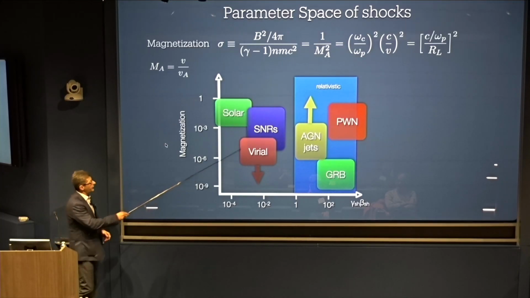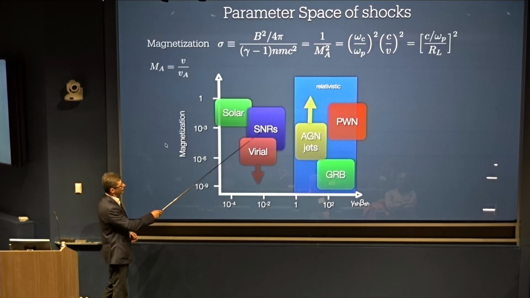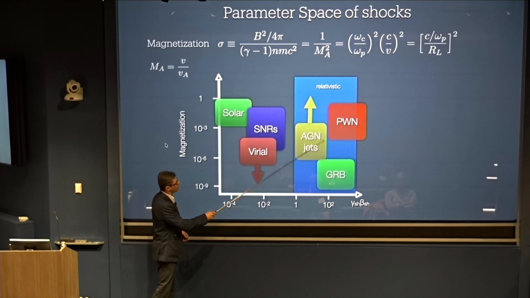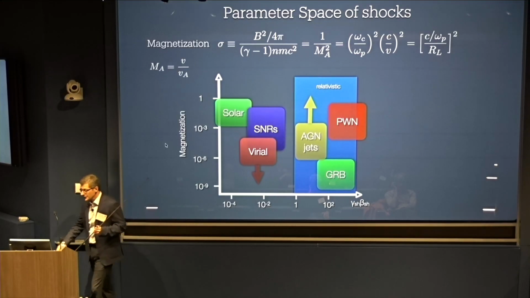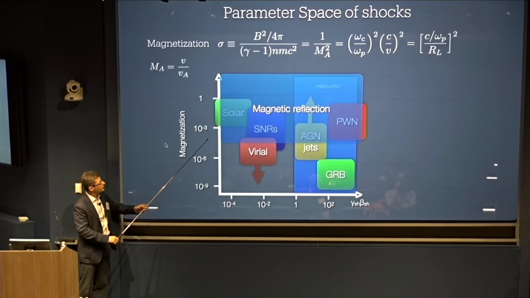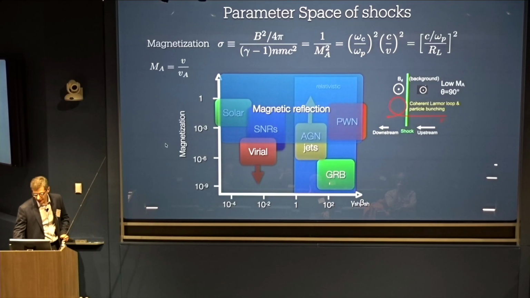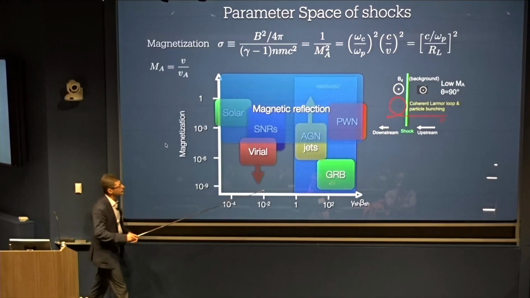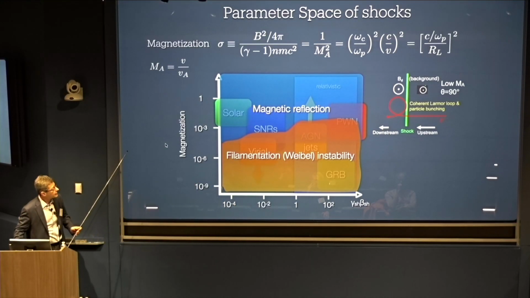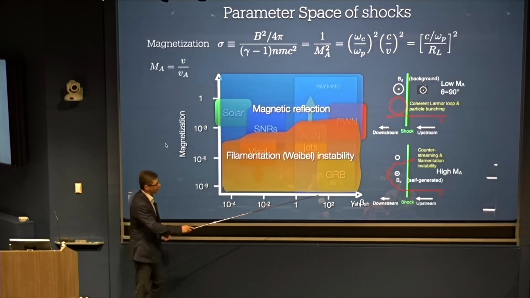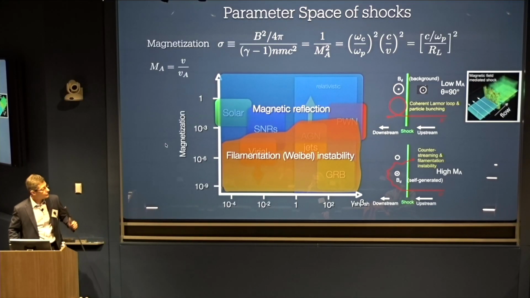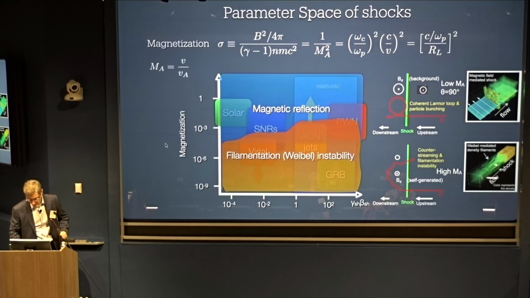Okay, and what's shown here are various objects, such as non-relativistic shocks in supernova remnants, solar wind, and virial accretion onto clusters. This is gamma ray bursts, AGN jets, and also wind nebulae. So the idea is that for high enough magnetization, or low enough Alfvénic Mach number, your shock is mediated by magnetic reflection. So particles just come in and start gyrating in the compressed magnetic field. At low magnetizations, you're mediated by turbulence. And this turbulence is self-generated. It's called the Weibel instability. And then the shock looks more like a filamentary shock.